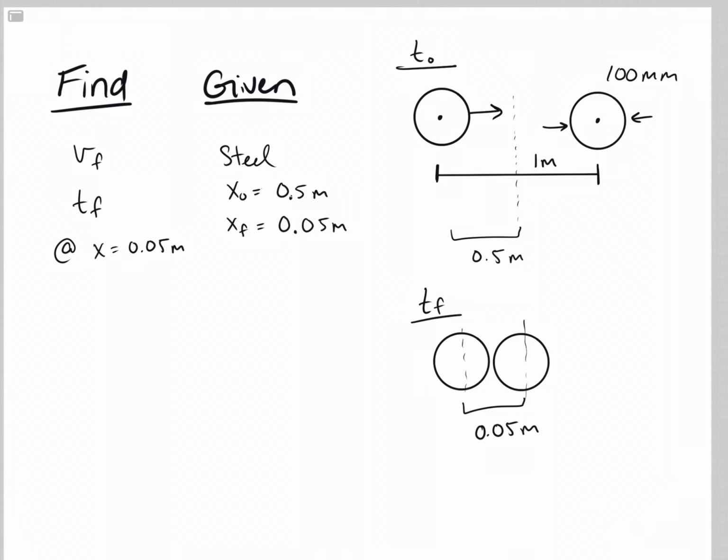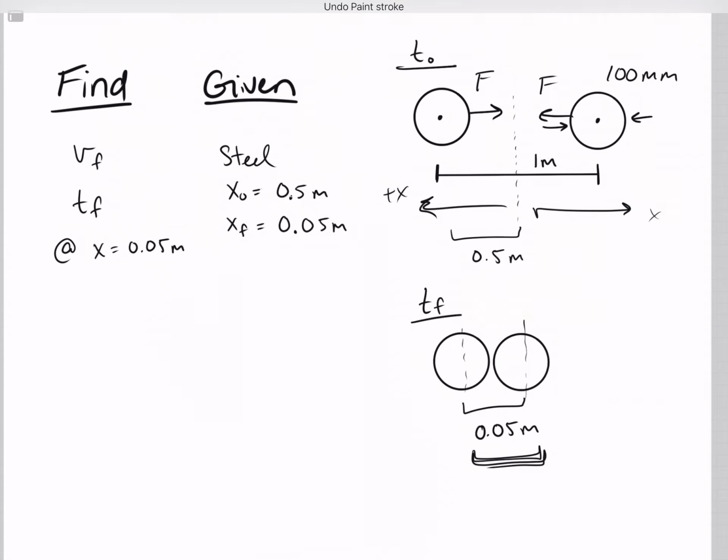So the free body diagram on this will be just one force, going towards each other. I split this problem in half so that this side is 0.5 meters and this other side is 0.5 meters. When the balls are in contact with each other, there is still a value for x, if this is positive x and this is positive x, because the distance is taken from this center point here. If you want to, you could consider x being from the center point to here, and that can simplify your integration equation, but I'm just going to leave it at